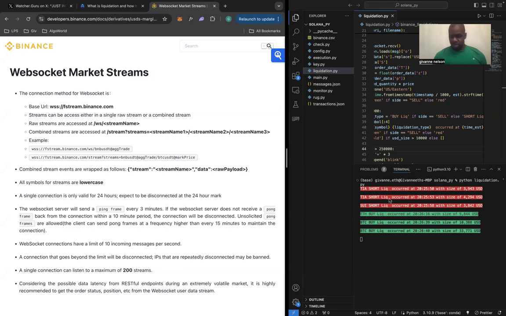TIA had a short liquidation, meaning this person, when they're on the buy liquidation, this person went long, but their position went to shit. So the platform had to liquidate their position. On the flip side, someone went short and the position went to shit, had to get liquidated as well. So that means these